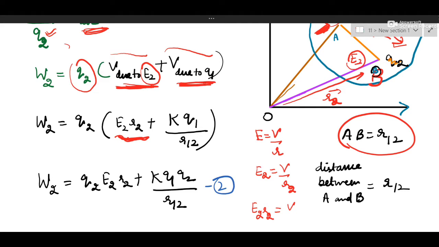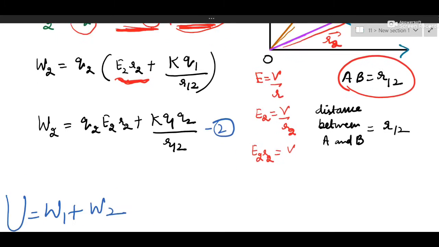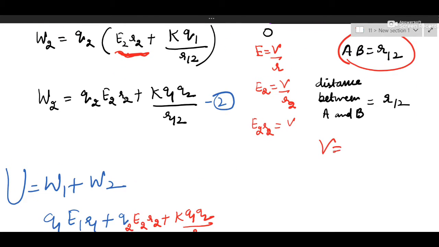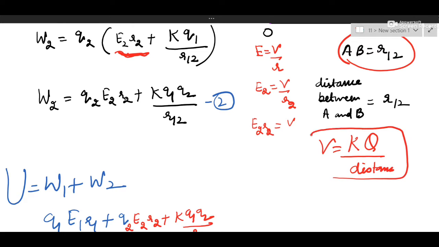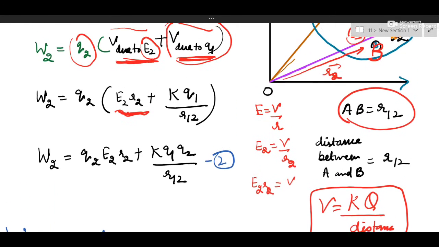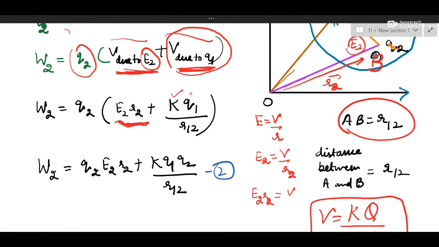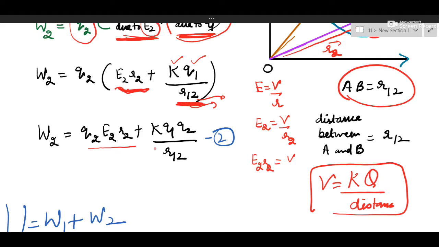So for here we will use the general formula of potential due to one point charge. So what is the formula? It's K charge upon distance. This is the general formula of potential that we are going to use here. So you can see K potential due to Q1, and this is the mutual separation between A and B. This is the distance that we have highlighted. R12 is the distance between charge 1 and charge 2. So multiply with Q2 both the terms.